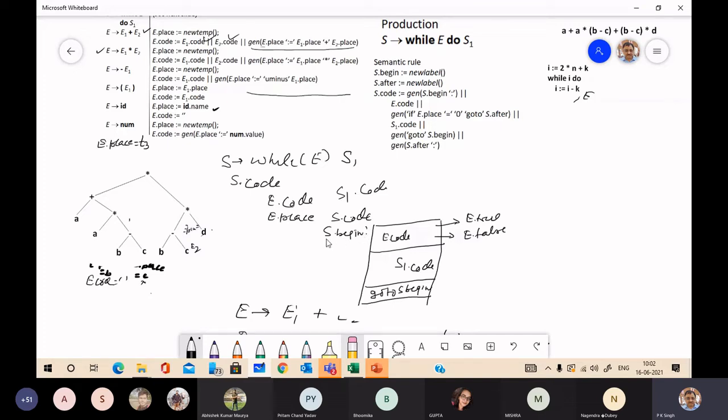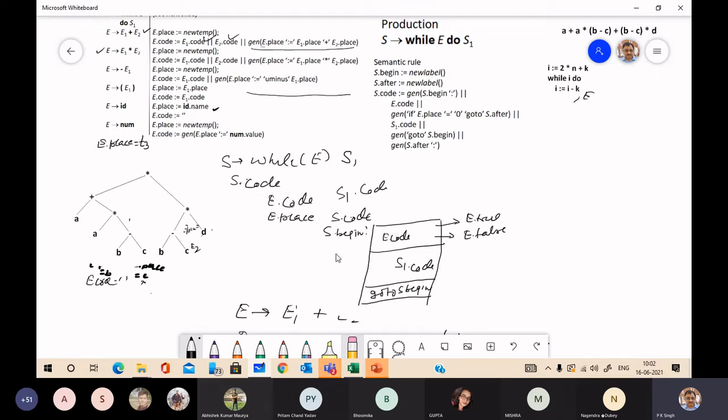S begin is a label, the starting of the S code. Just see the execution. If the evaluated predicate of E code is true, then your control should switch to S1 code for doing the execution of program segment S1.